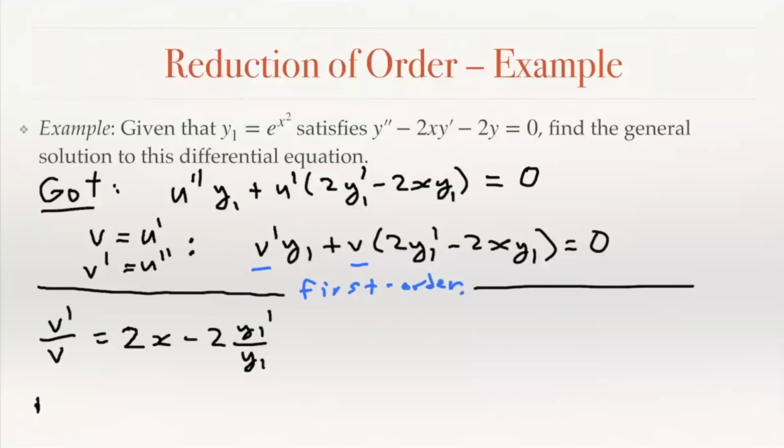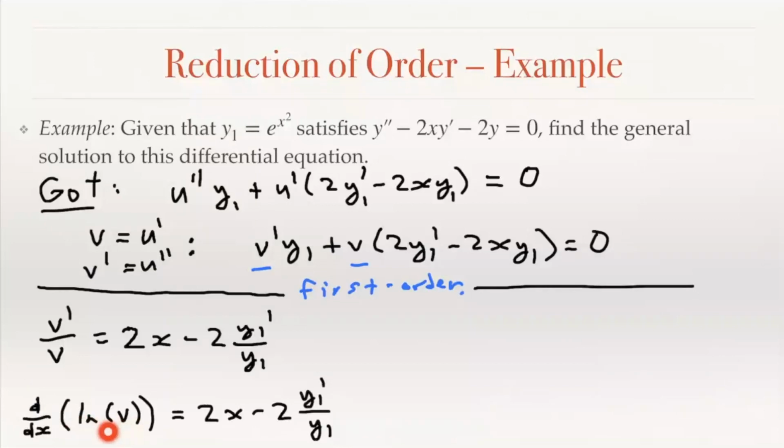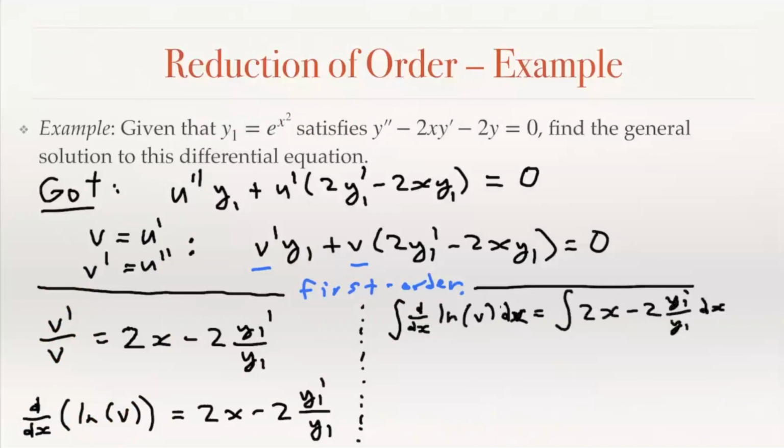And now this left-hand side is d dx of the natural log of v. That's because of implicit differentiation. If we implicitly take the derivative of the natural log of v, it's 1 over v, and then times the derivative of the inside, which is v prime. And then we can integrate both sides and thus expeditiously solve for v. Okay, so the integral of the derivative goes away, and we have the natural log of v